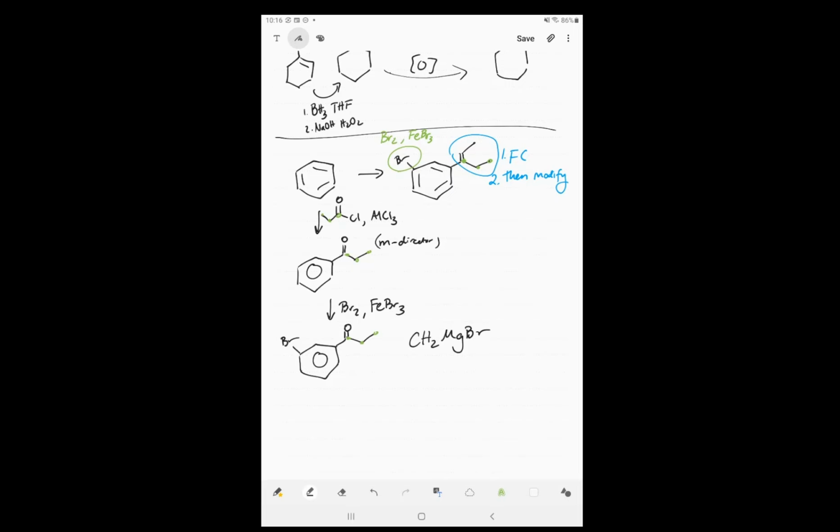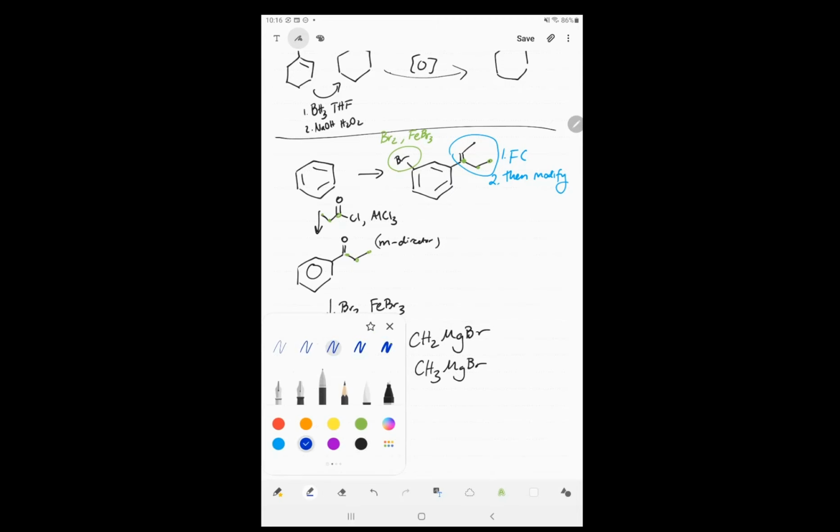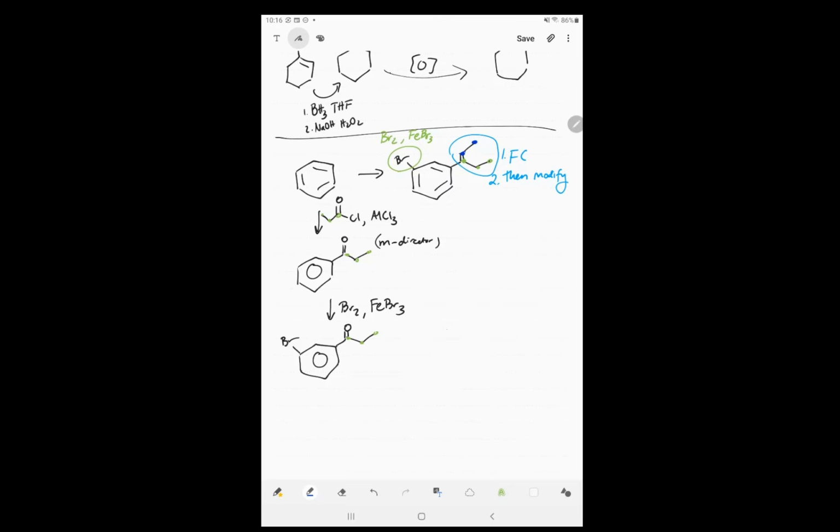I would say probably not a good idea for several reasons. First off, I think you're thinking CH3MgBr. Second off, how many carbons do we need to put on? Two. Right, we're missing 2 carbons here. So, probably a good idea would be to put 2 carbons on. So let's use an ethyl Grignard reagent. That would give us